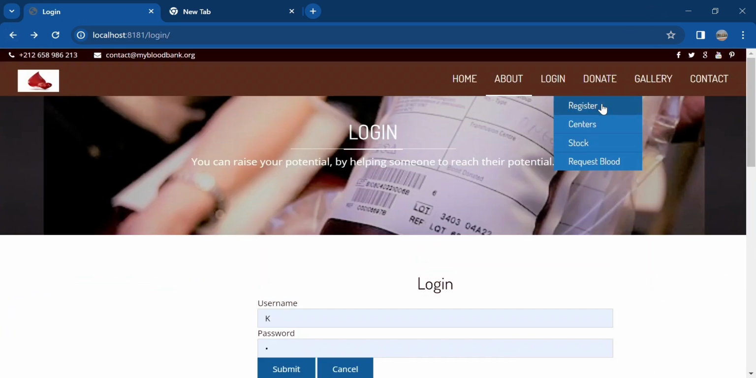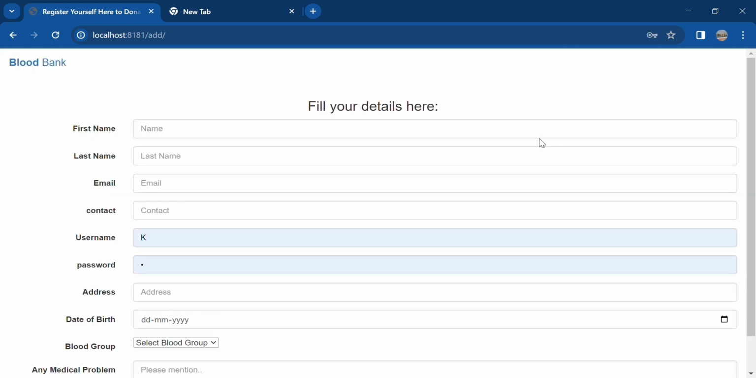The next section is the donate section, in which you have to register yourself for donating blood. You have to fill in details like first name, last name, your email, your contact, username and password, and also address,